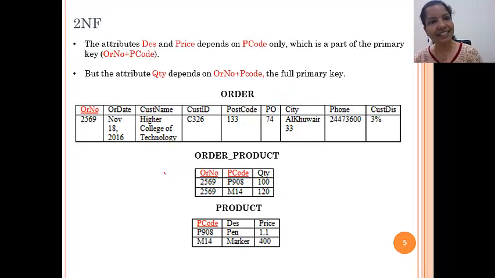Now next let us see how to convert it into second normal form. What is the rule of second normal form? Second normal form says to remove any part key dependency. As I mentioned in my previous presentation, there is no need to check the first table for second normal form in this example, because the first table has a primary key which is not a composite key. So no need to check for any part key relations. This table is already in second normal form.